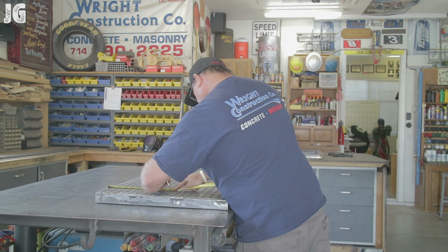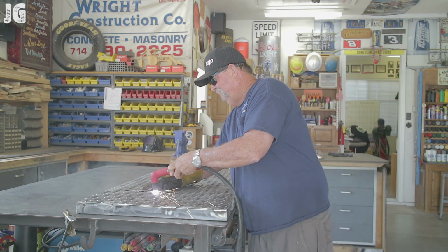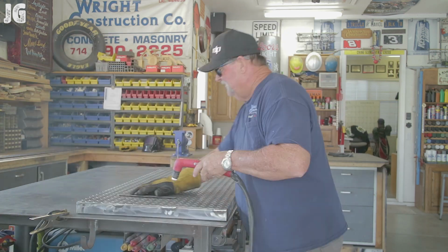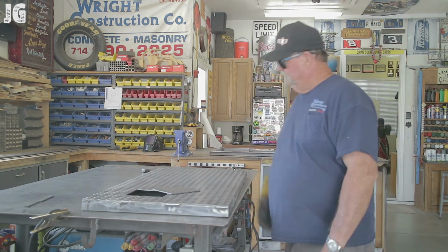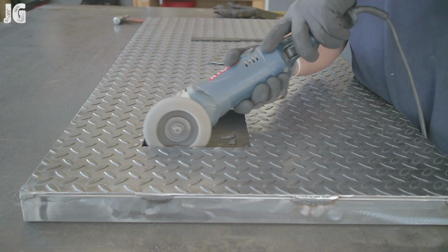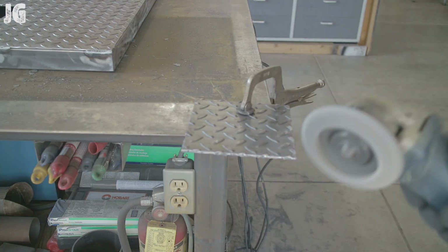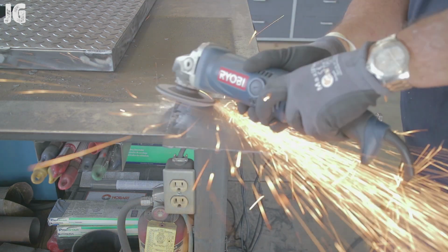Okay, in case you were wondering, I did get exact dimensions from the owner here of the location of where it needed to go in this panel. I just didn't randomly cut a hole in the top there. So there was a specific place where it needed to go. And so we're just cutting this out with the plasma cutter, and once I got that cut out, just grinding up the edges, and I'm finding out that this diamond plate's a little bit difficult to work with, whether you're plasma cutting or you're grinding. I think there's two different surfaces there. It makes it a little bit difficult, but anyways, we're getting her done,